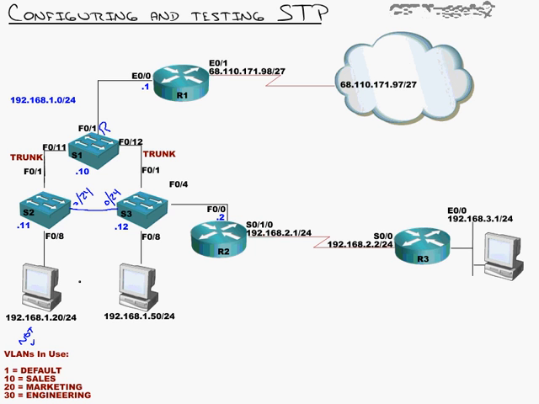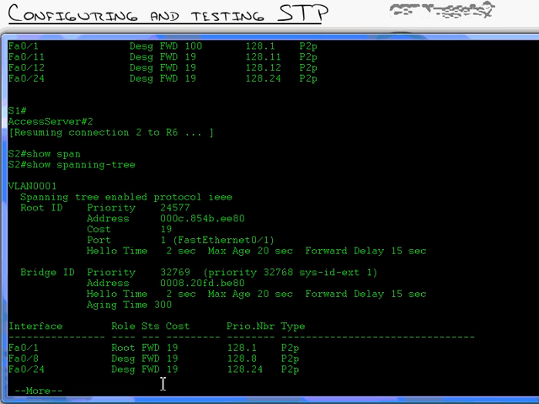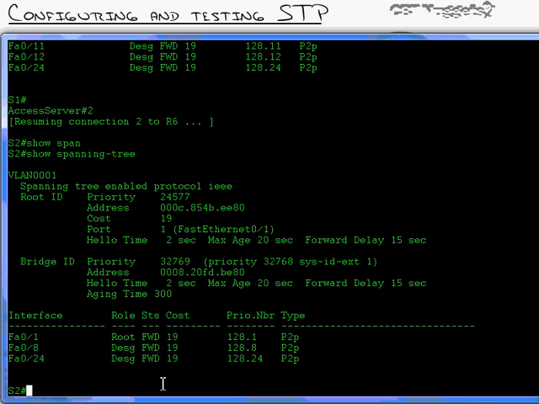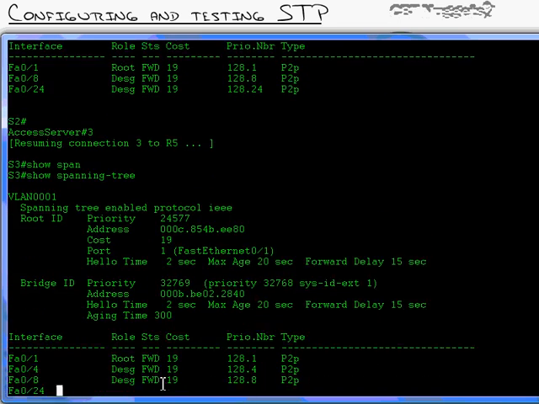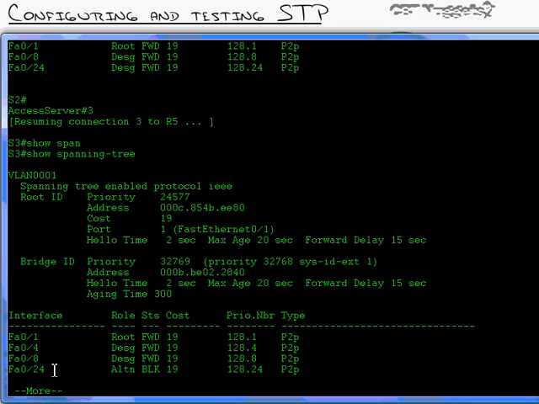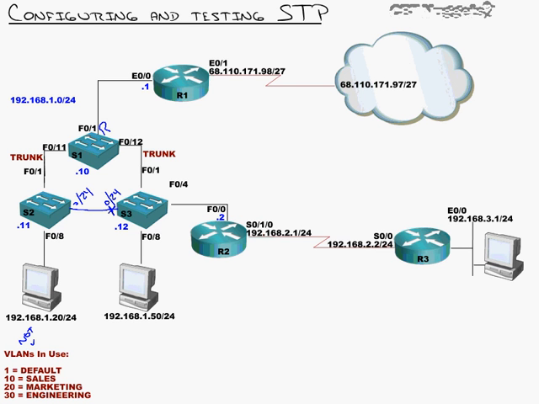So just guessing, well, very, very confident guessing, I can say that switch 3 must have blocked that interface, FastEthernet 0/24 on that side, because since this one has all forwarding ports, there has to be a blocked port in the network, so switch 3 must have been it. And you can see it right there. FastEthernet 0/24 is currently in a blocked state. So that is setting the root bridge to switch 1,